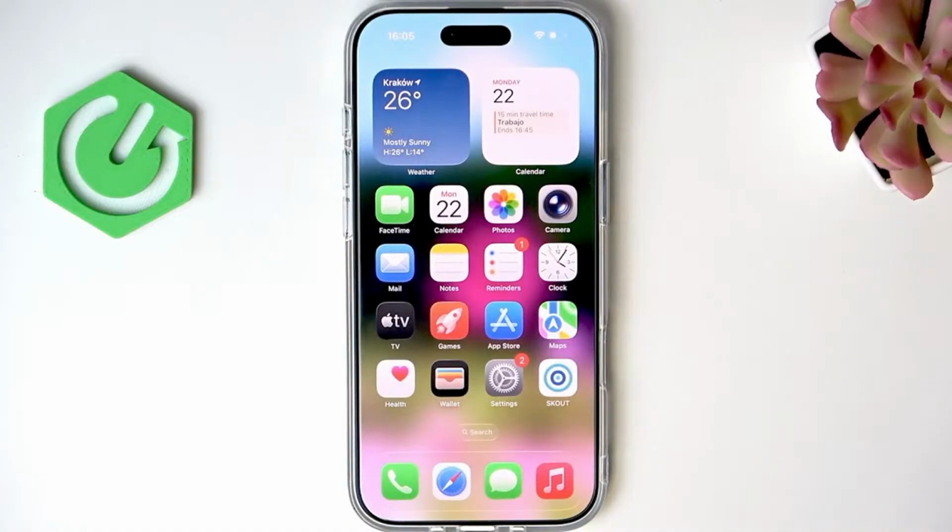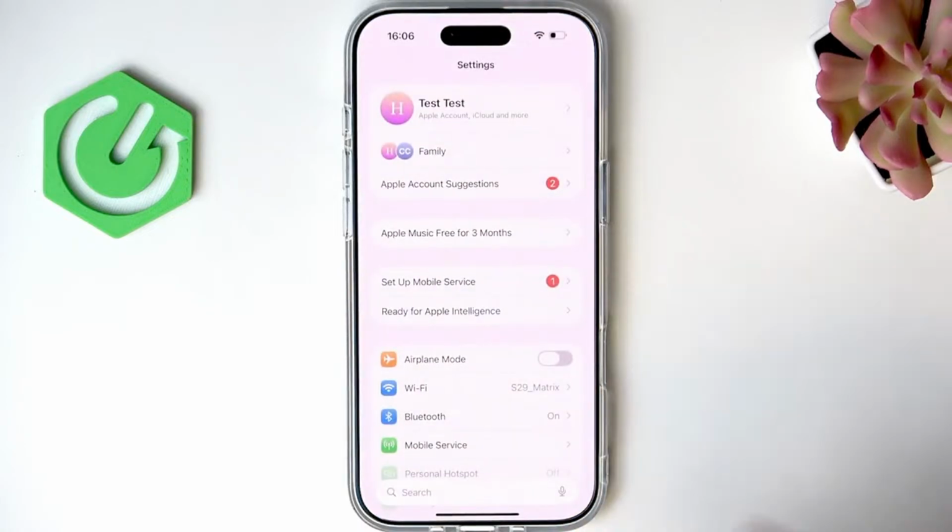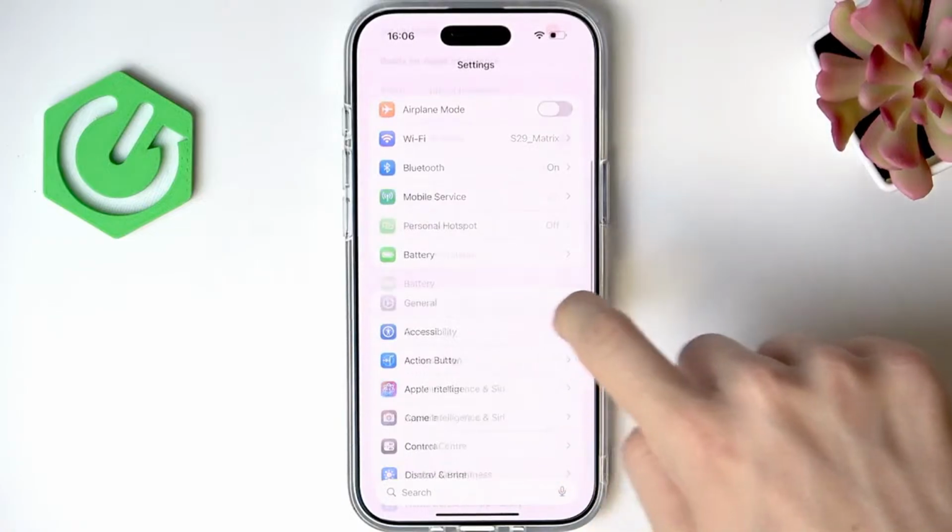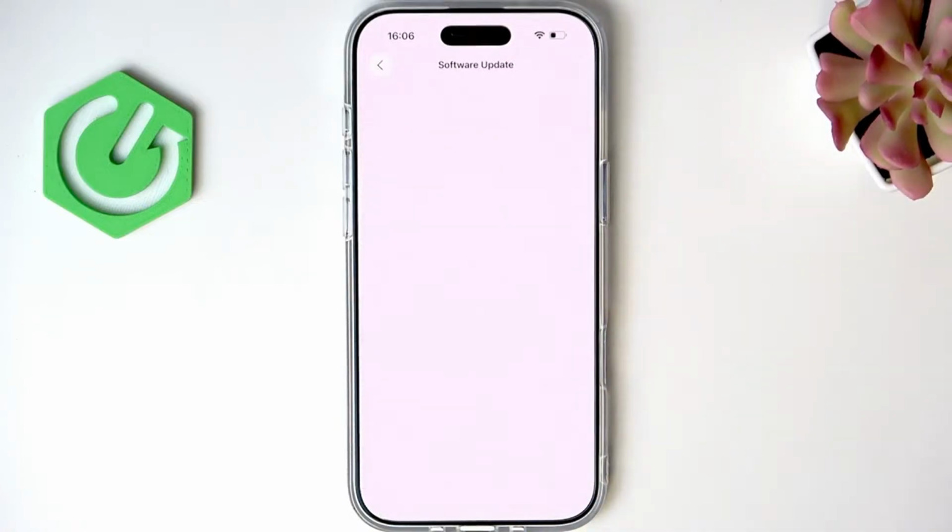And we've already reset the Face ID, so that's great. You may want to add that alternative appearance with facial hair or makeup or stuff like that. And then also it's worth going to settings and going to general, then software update. And here, if there's any update available, try installing it because some bugs may be fixed with just new iOS